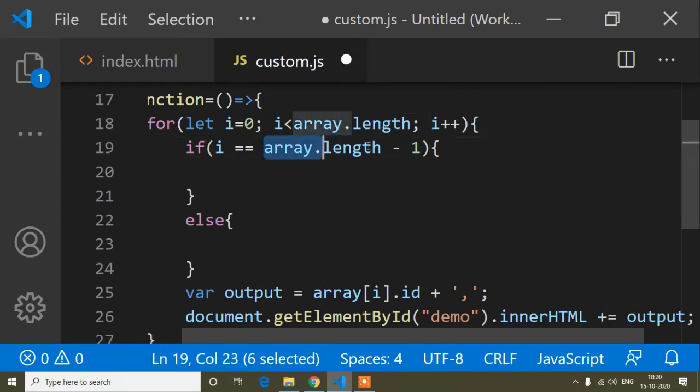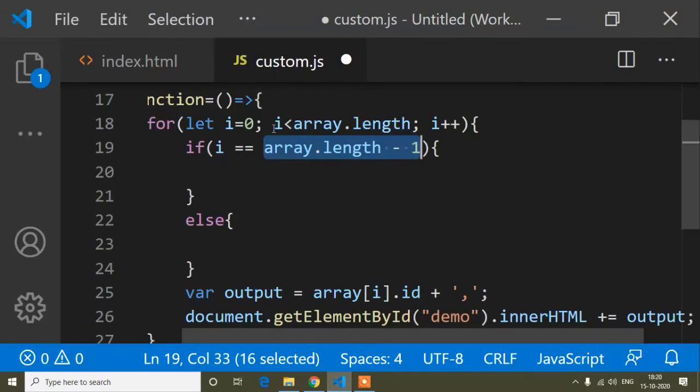So how do we get the last array element? We use array dot length minus 1. That is how we get the 4. So we have to write array dot length minus 1, and that's why I have written array dot length minus 1 here. When i is array dot length minus 1, that means it is the last element of the array, and here the last element is 4.